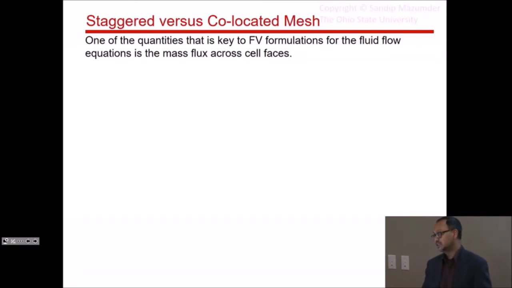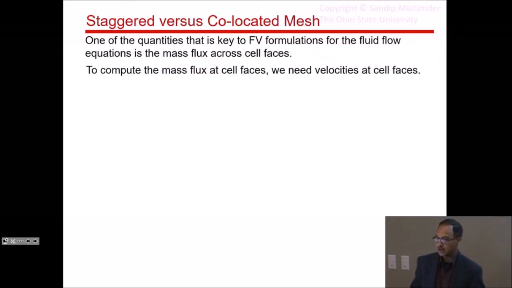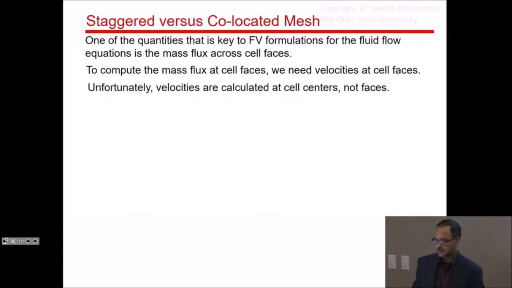One of the quantities that is key to finite volume formulations is the mass flux across phases. So they identified that this is very, very important, how we compute the mass flux across phases. Now, to compute mass fluxes across cell phases, we need velocities at the cell phases, right? Now, velocities are calculated at cell centers, not phases. We know that already. All quantities are calculated at cell centers, but we need phase velocities because ultimately the continuity